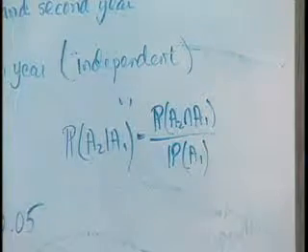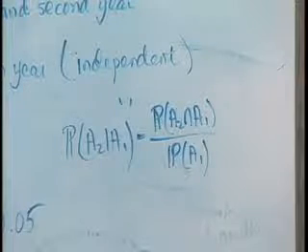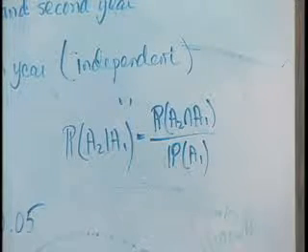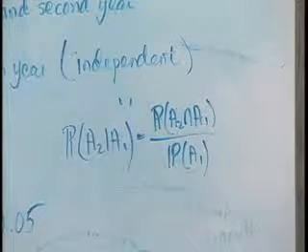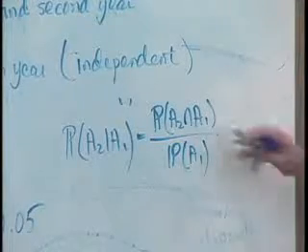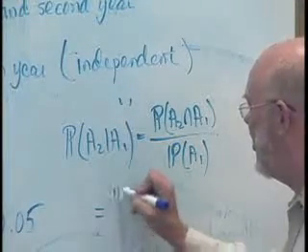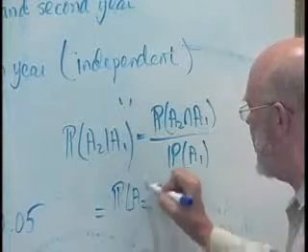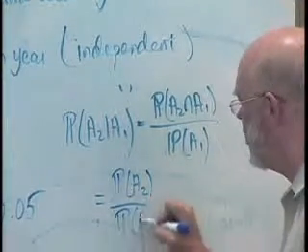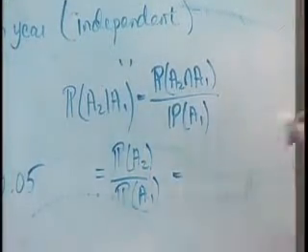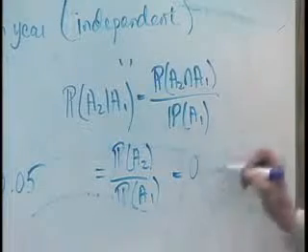But what's a simpler name for the probability of A2 intersect A1? A2, because if someone submits a claim in the second year, of course they submitted a claim in the first year. So that's the probability of A2 over the probability of A1, which is